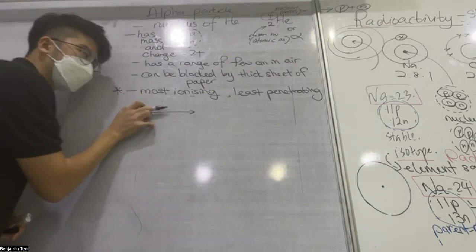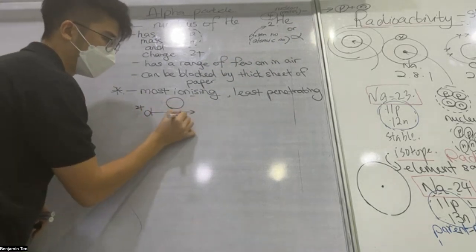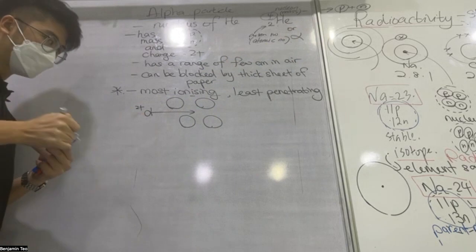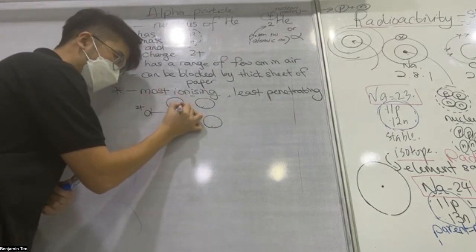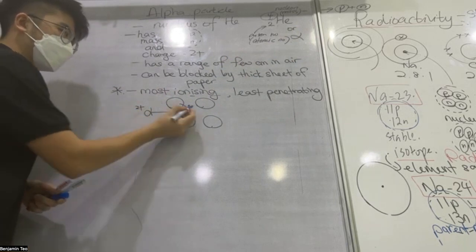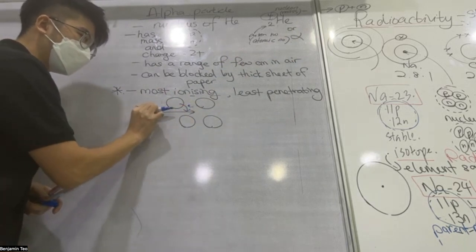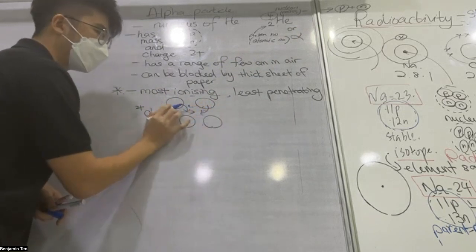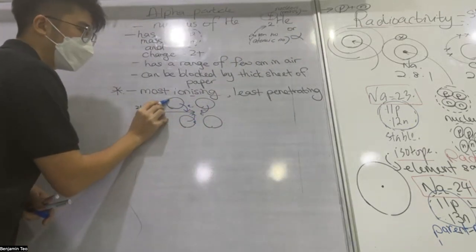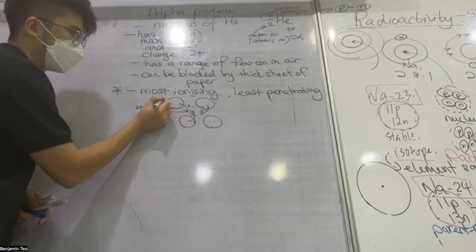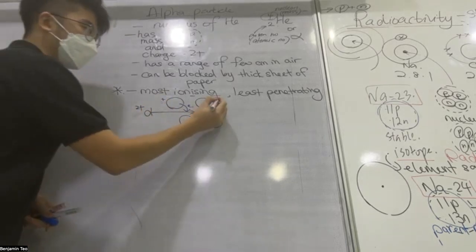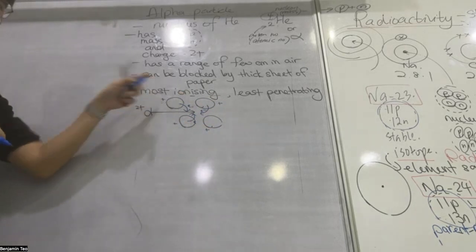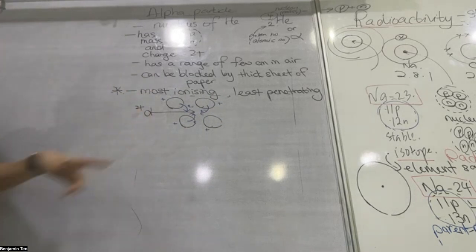So let's say the alpha particle travel in this direction, and then you have the A particle，你周围的 A particle，因为它的 2 plus，它可以拉里面的 electron 出来，positive attract negative 吗？当它经过这个 A particle，nearby 的，它可以拉 electron 出来。